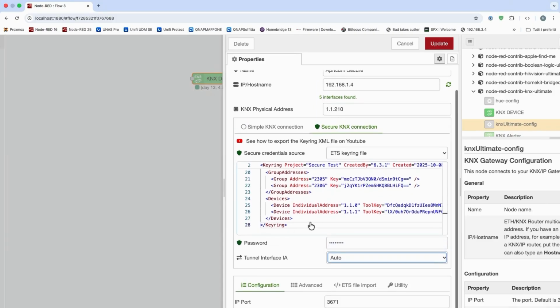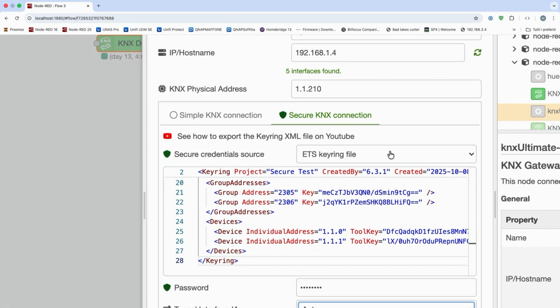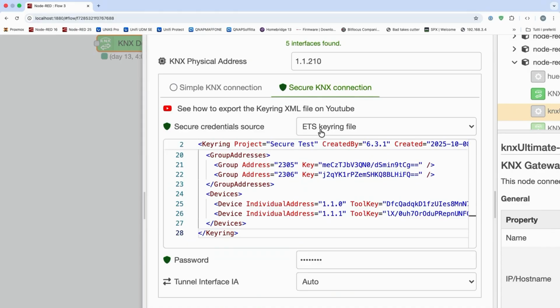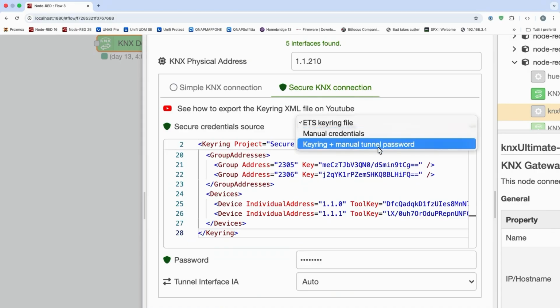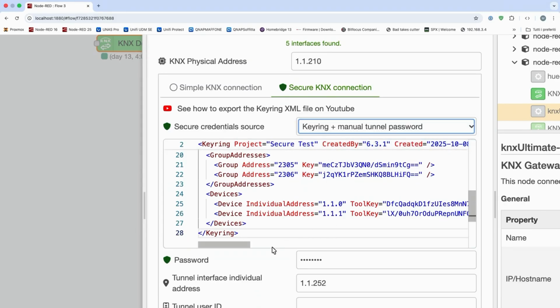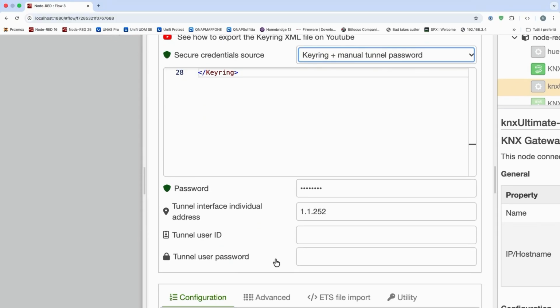But there are other options out there you can use. For example, if you want to use the ETS keyring file with your own manual tunnel password, just click here and provide, obviously always, the password of the keyring file, the tunnel ID, and the tunnel password.